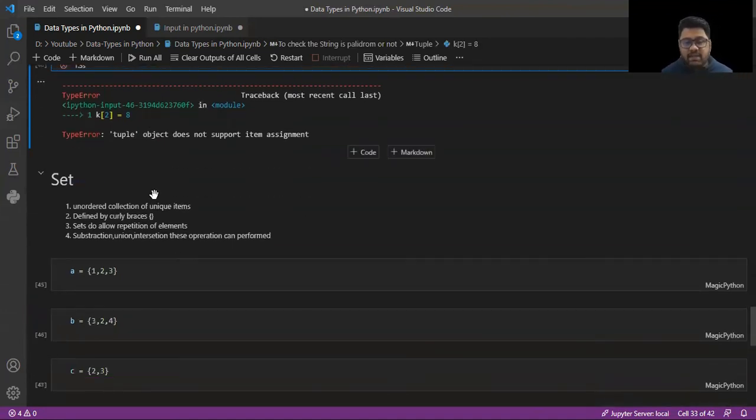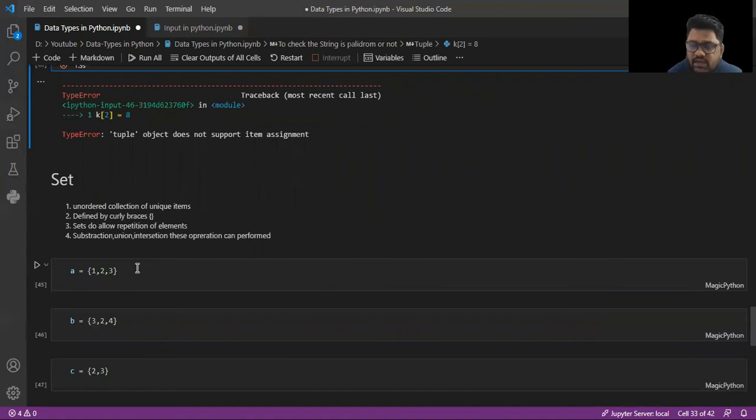The next data type is a set. It is an unordered collection of unique atoms. It is defined by curly braces, and it does not allow repetition of elements. The set has some operations like subtraction, union, and intersection that we can perform.